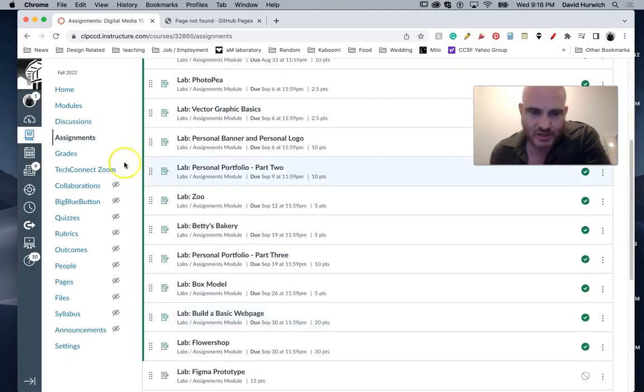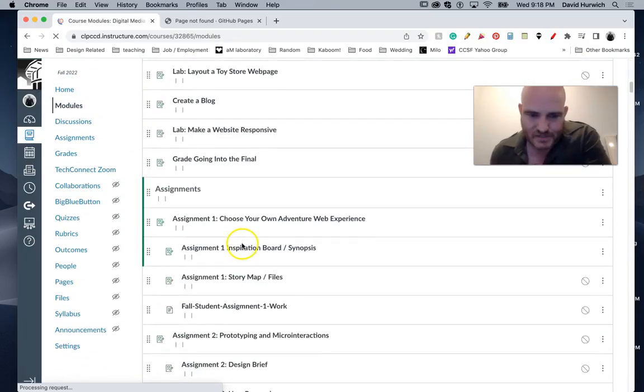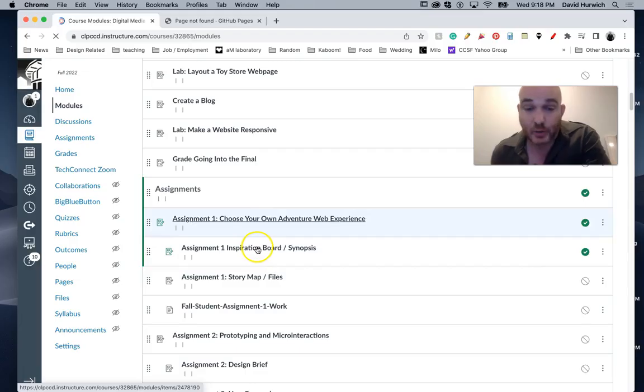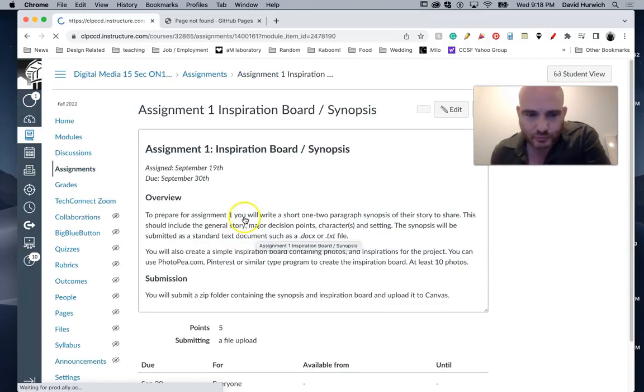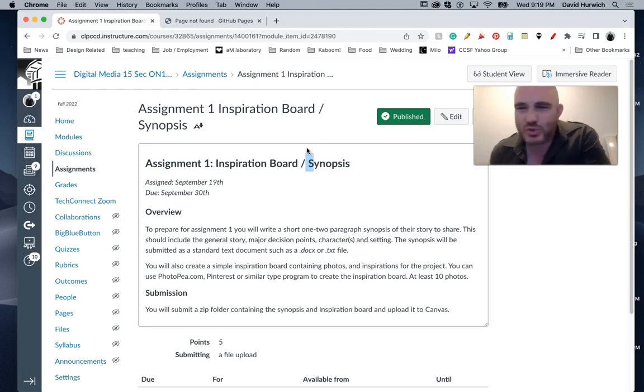First step I want you guys to do is start thinking about what you want to do for this story. Okay, so to do that, what I want you guys to do is write a synopsis. A synopsis is just a short description of what is the story, what's happening. You don't have to say everything you're going to do, but it's like, I'm writing a story about a